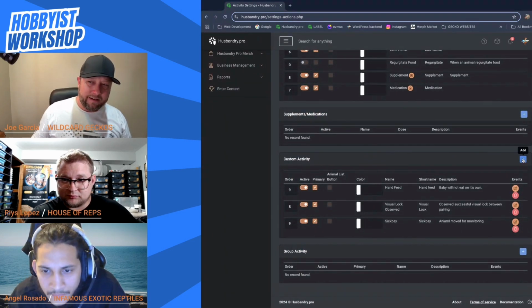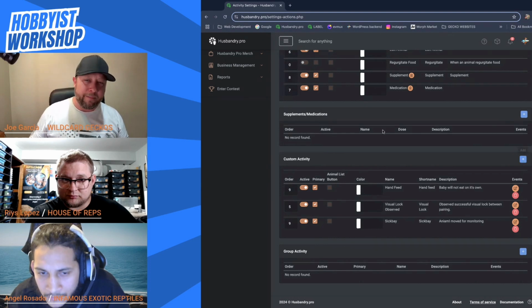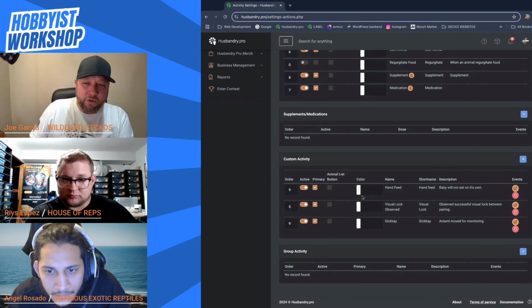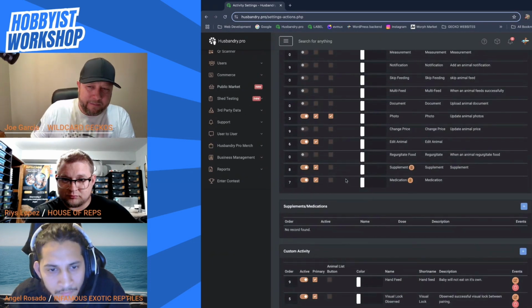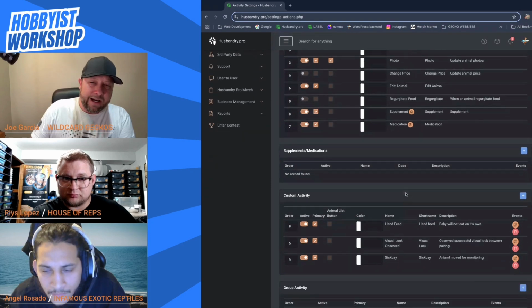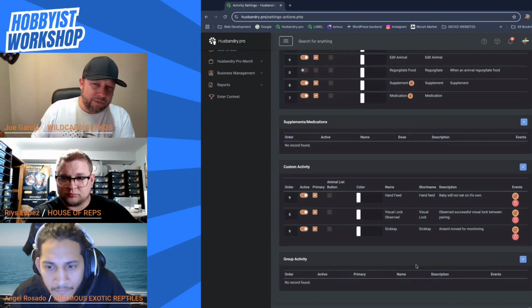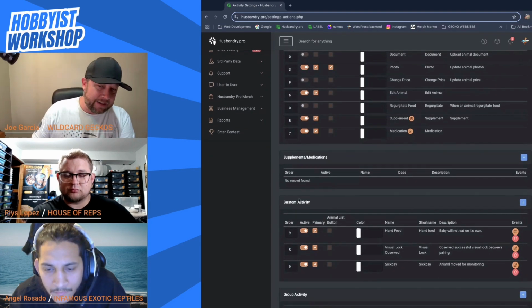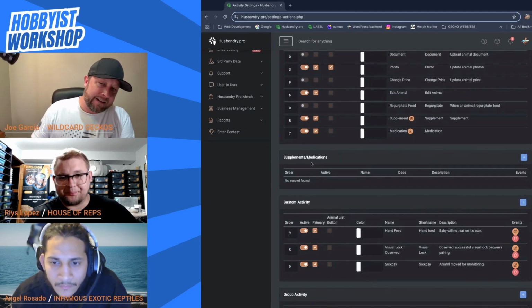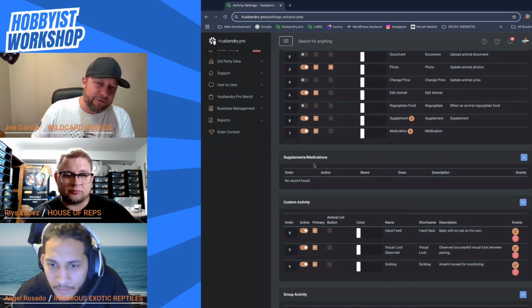Custom activity. This whole thing, like if you're going to medicate, this is new. So if you remember, medication is up here, but they created this. You can actually select, hit a plus sign. I haven't messed with it yet. Group activity. Like these weren't here when I first did this. It was just custom activity. So technically I could turn this off and just use that one, fill that out for different